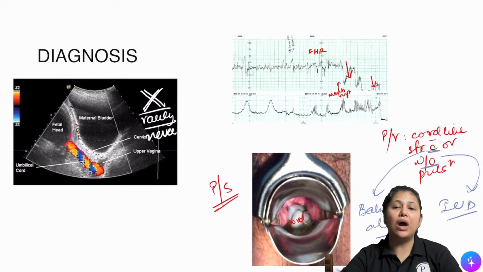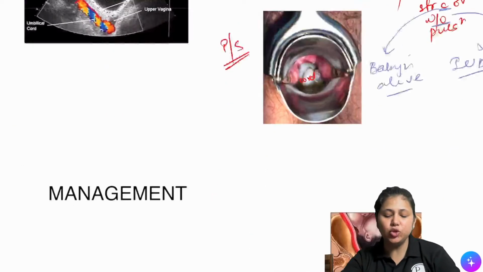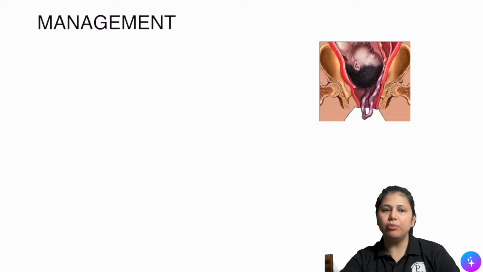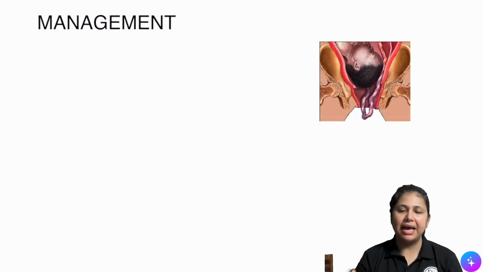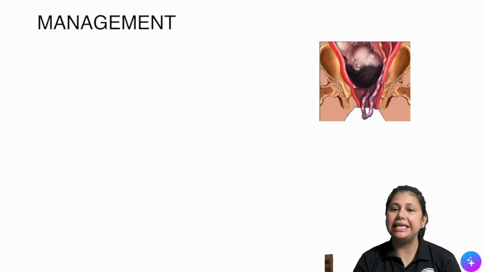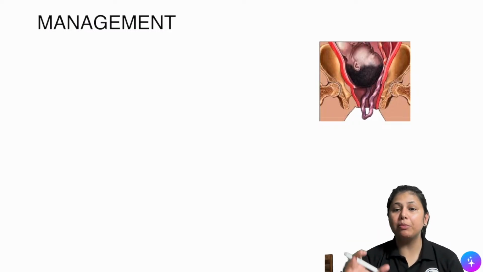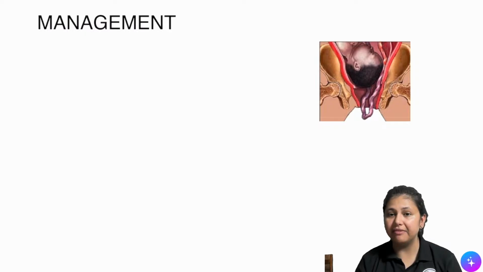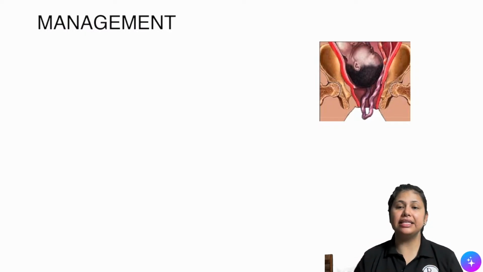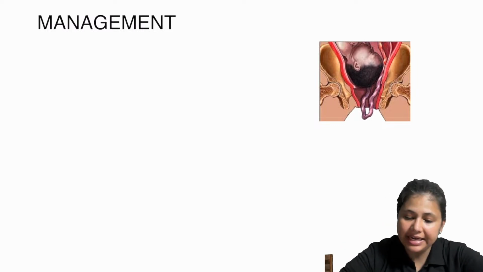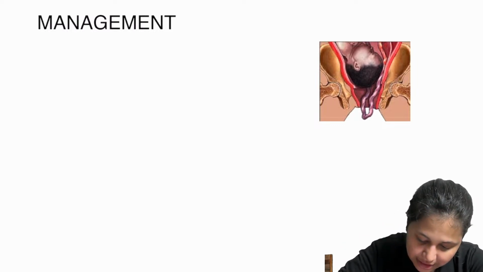Now, once you have cord prolapse, right? How will you manage it? So remember the basic management. This baby is in danger right now. This baby may die because of a permanent compression of the fetal blood vessels. So I need to take this baby out fast, no matter what the route, right? So what I need to look at is